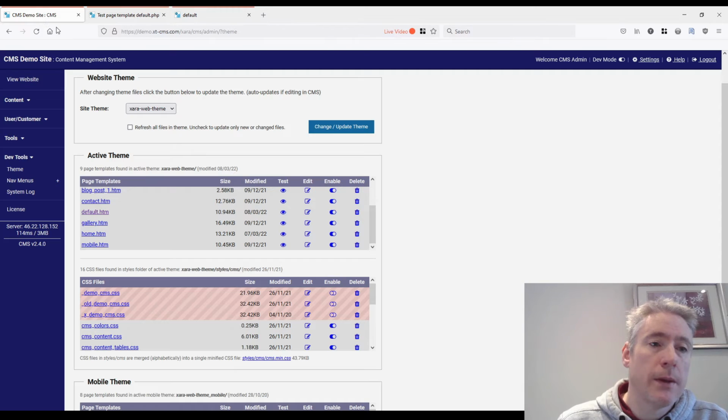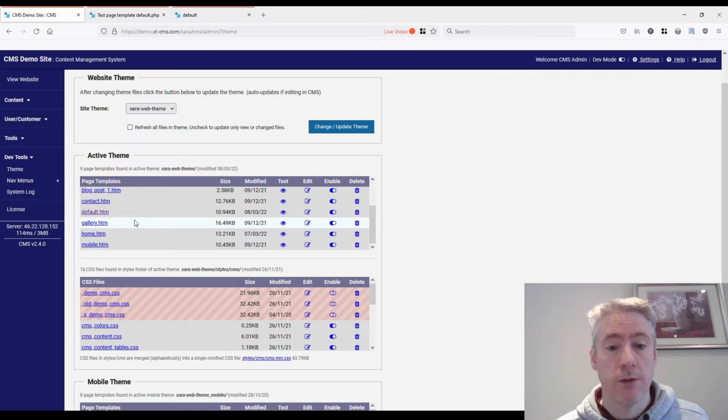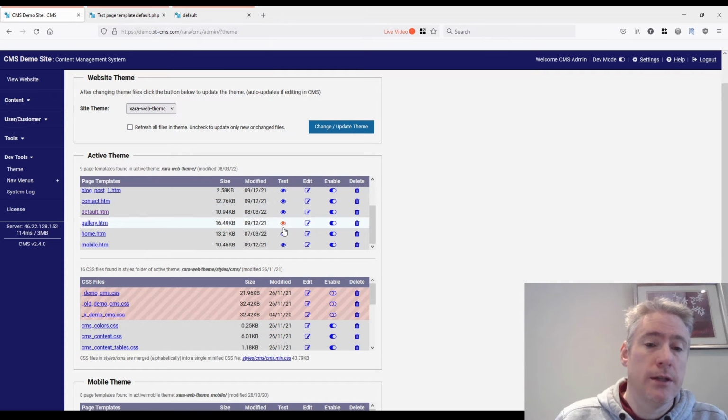So if we go back, basically you have a way now of testing your templates, the raw file, and also running through the CMS. Of course, you can select your template on any content item like a category or a product, and once you do that, you can just preview that and make sure it's working as well. But this is just a convenient thing, that you're able to test it here as well.